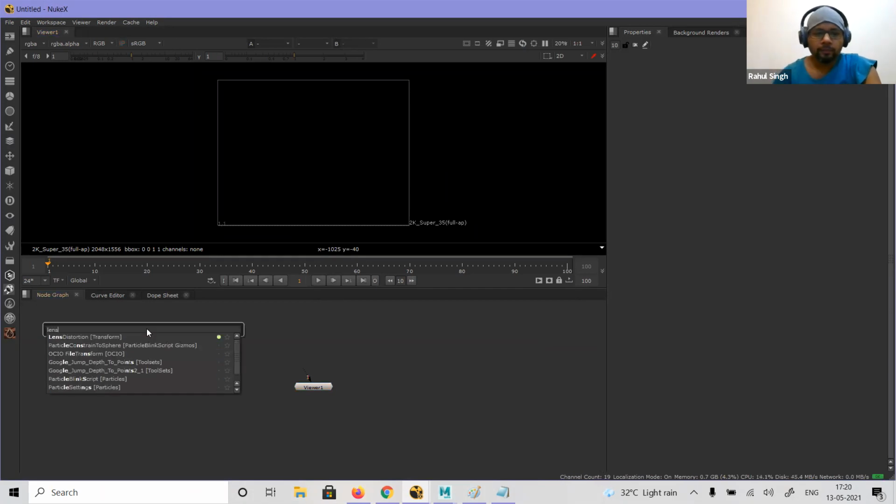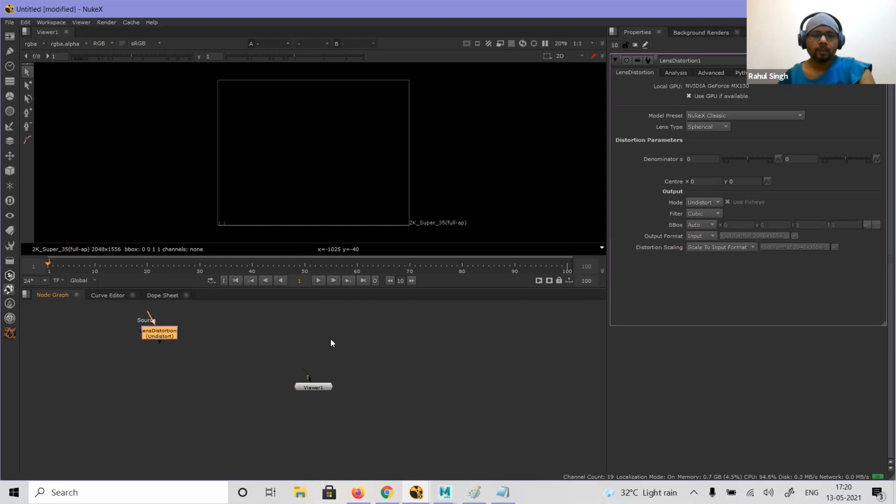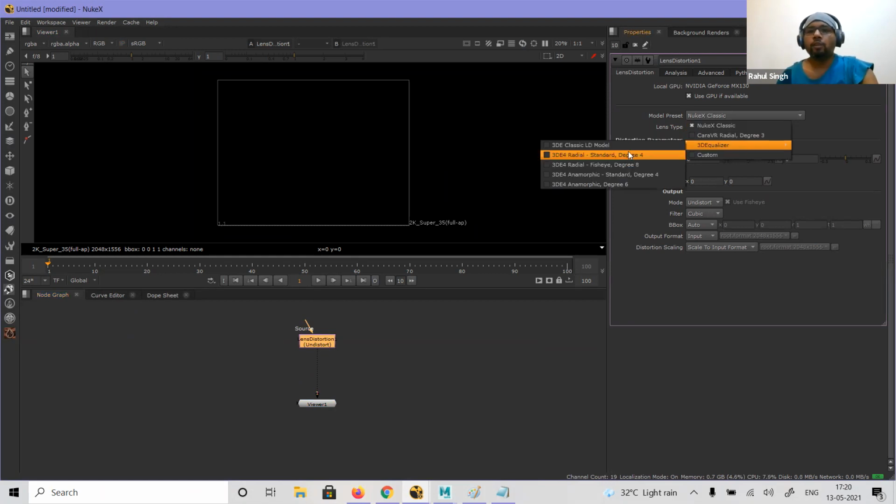So if I go to lens distortion, you will find different types of lens distortions. You have degree 4, degree 6, degree 8, and degree 12 also.